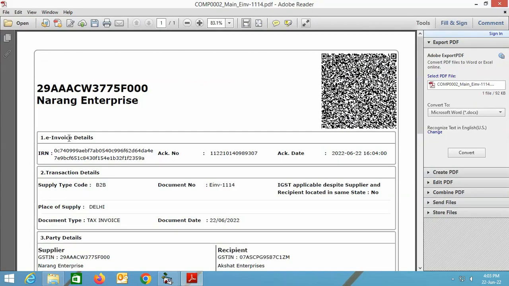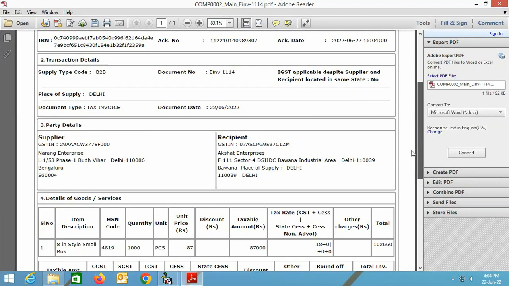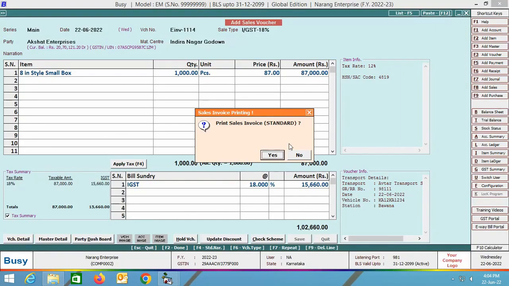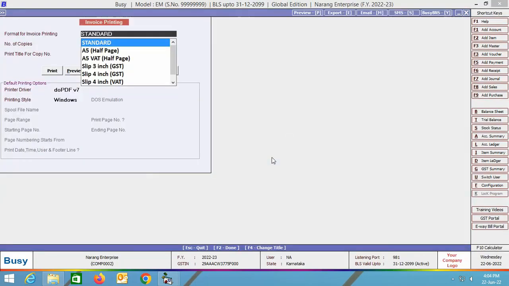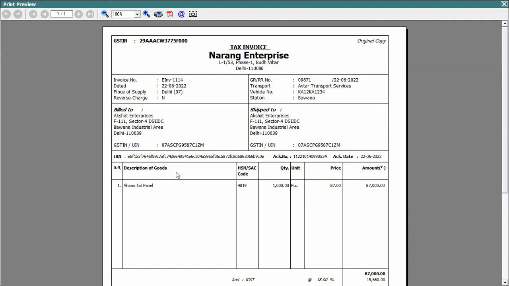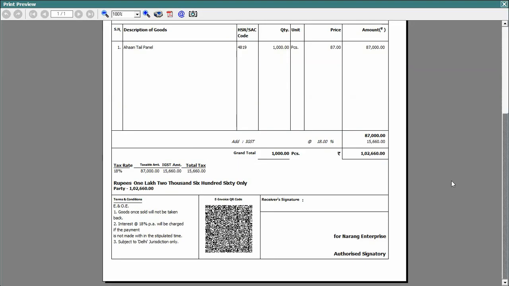Yes. and on the screen you can see the preview of the e-invoice. Next, Busy is asking, do you want to print sales invoice? Yes. In the standard format, we are printing the sales invoice. In the sales invoice at the bottom, you can see e-invoice QR code. As in the configuration part, we have specified that we want to print e-invoice QR code in the standard format